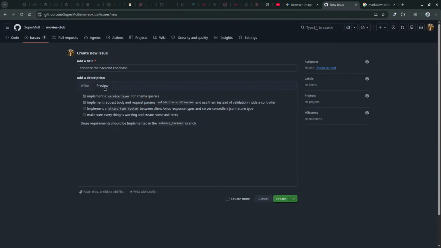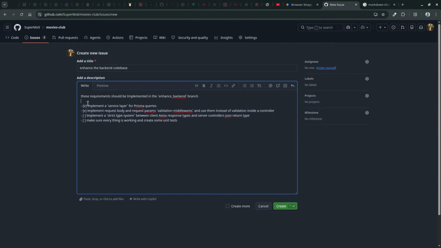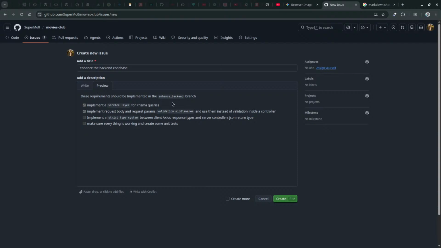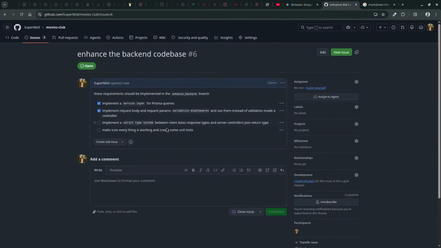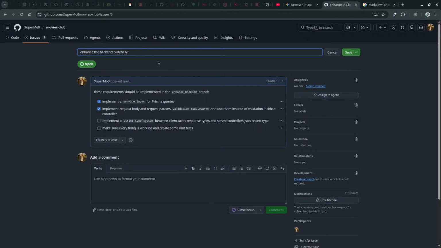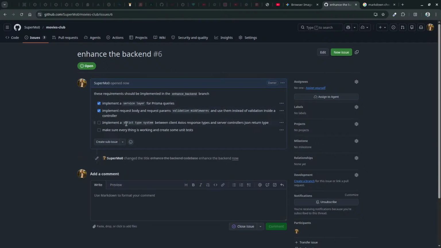These requirements should be implemented in the enhance backend branch. Yeah, great. Yes, the backend code base. Enhance the backend. You know what?